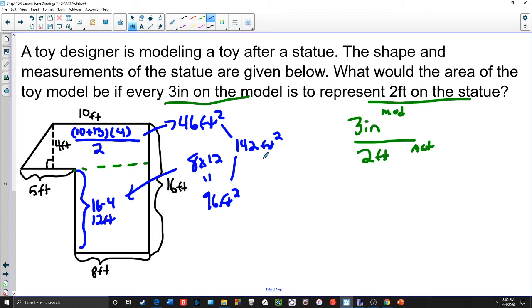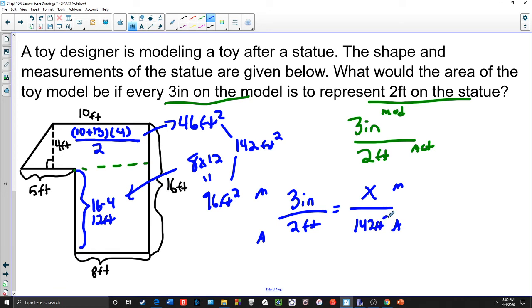So if I want to find the area of my model, I want to find how much area my model toy should have to compare to the statue. Well, I'm going to set up like I did the last one, set up with my scale factor. 3 inches over 2 feet is equal to, now I have to be careful here. This was model over actual, so this one also has to be model over actual. I have to keep that same consistency. So I don't know the area of my model, so that's x. I do know the area of the actual statue now, and that's going to be 142 feet